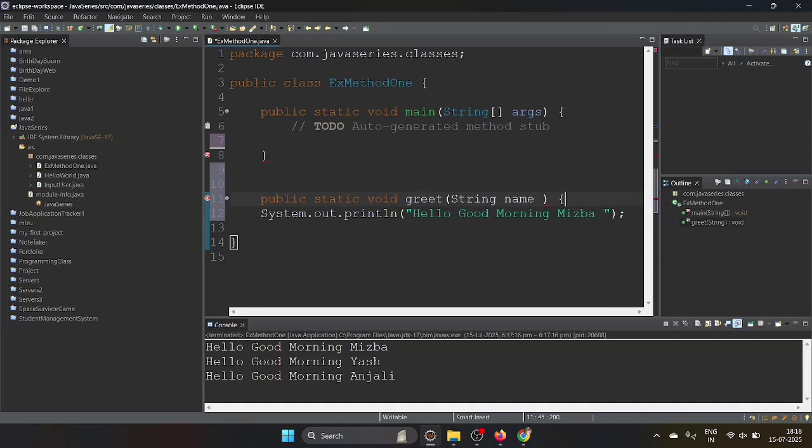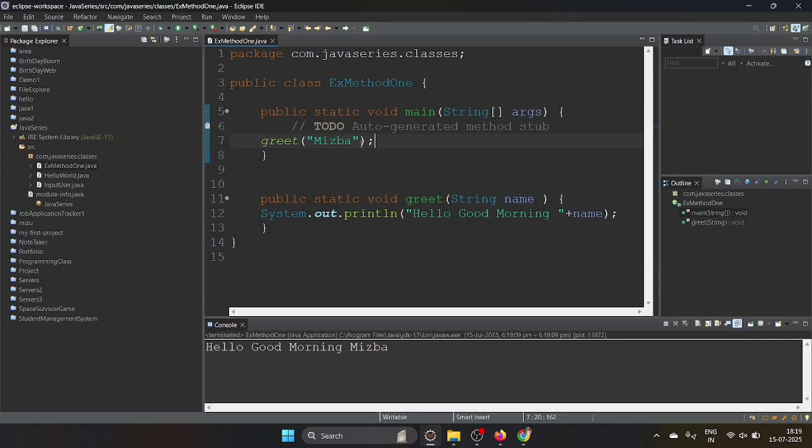This is a parameter we are passing, and here we will remove this name and give one space, then give the name. Then we will call it: greet, and I will enter Misbah. Then save and let's run.